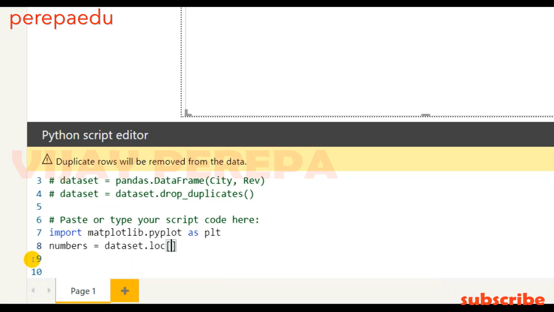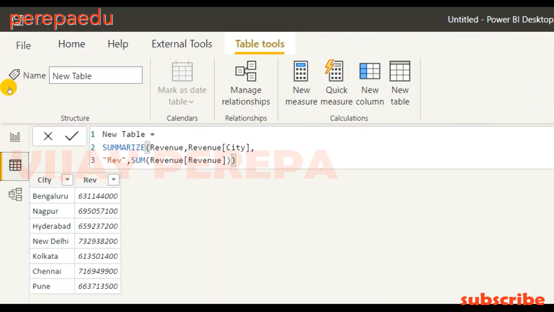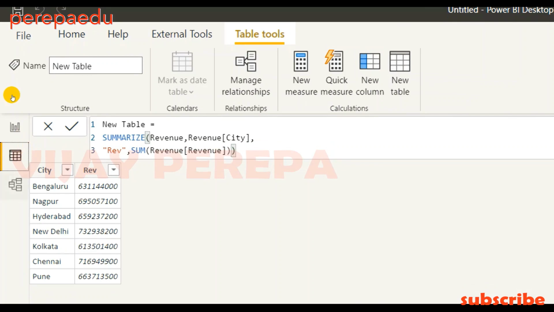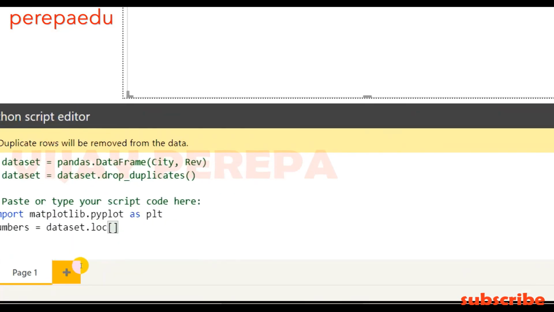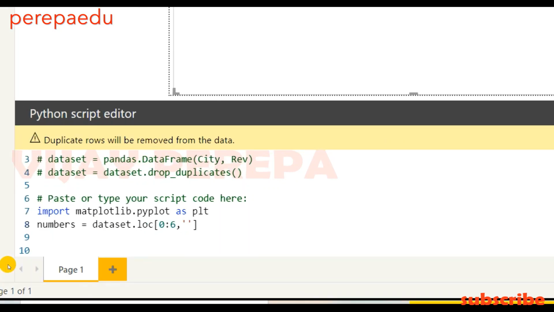And how many rows are there? If you go to the data sheet view, there are 7 rows. In Python it starts from 0, so 0, 1, 2, 3, 4, 5, 6. So let me add the row numbers 0 to 6 and the column name is rev, and I need to convert this into a list so that I can use it in my chart.